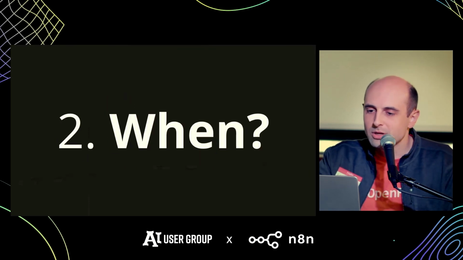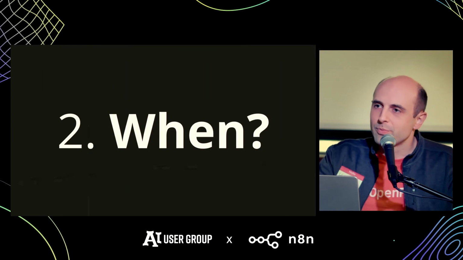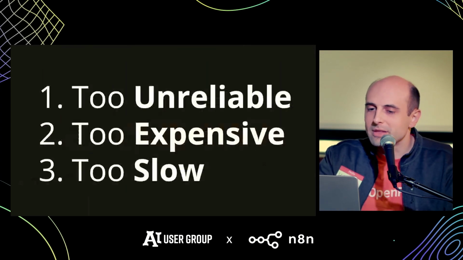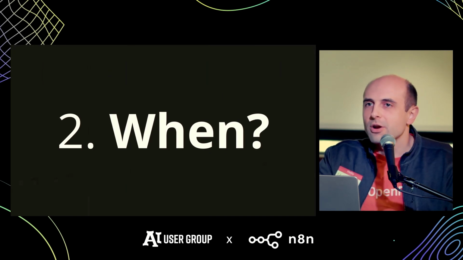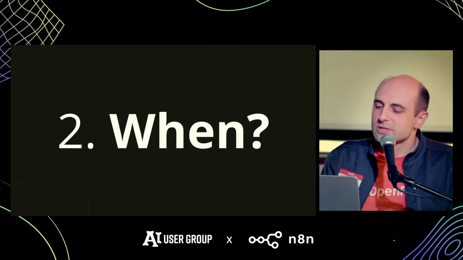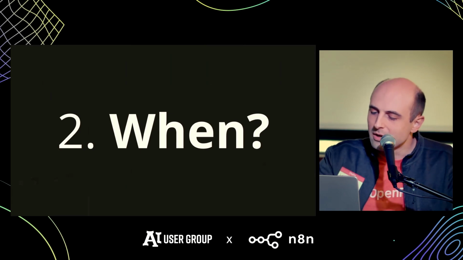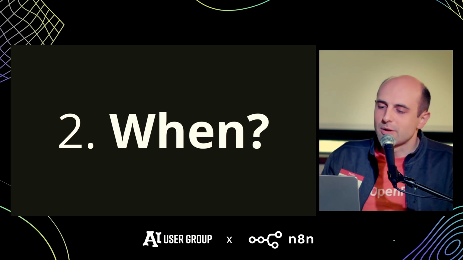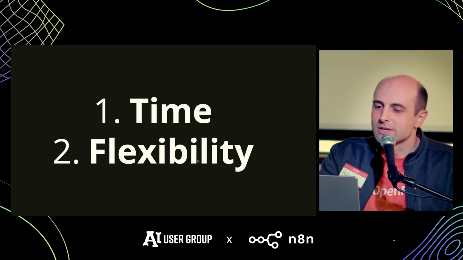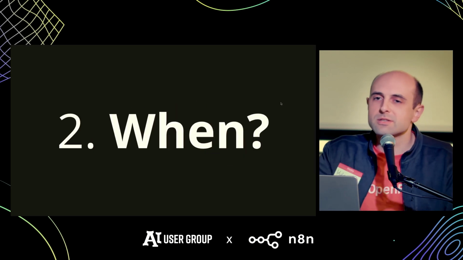And I want to get a little bit more concrete on how you can think through those trade-offs and make that decision. Given those trade-offs, you don't want to do this immediately, because when you're very early on, developing a new product or a new feature on your product, you're probably iterating really fast, and this flexibility is at a very high premium, and time is probably at a high premium as well if you're trying to get to market quickly. So it doesn't make sense to do it immediately.